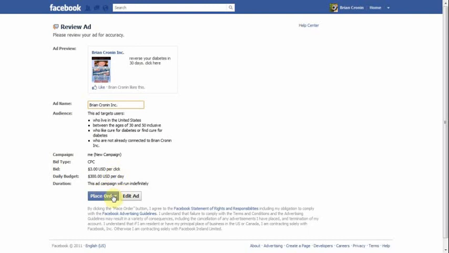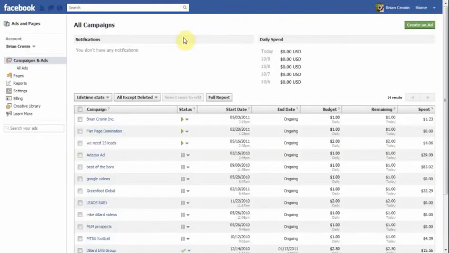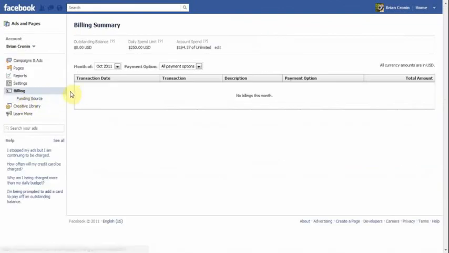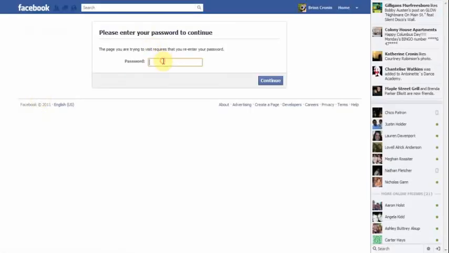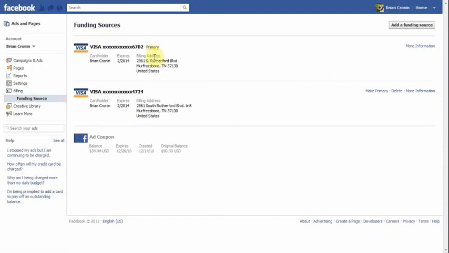Alright, once you've placed your order, it's probably going to ask you, since it's your first time doing Facebook ads, to put in billing information. So over here on the left hand side, they've got billing information on your funding source. Hold on 1 second. All right, and you're going to have a primary account. Use a debit card or a credit card to put that in there. Once you do that, they want you to put that in so if you do go over,